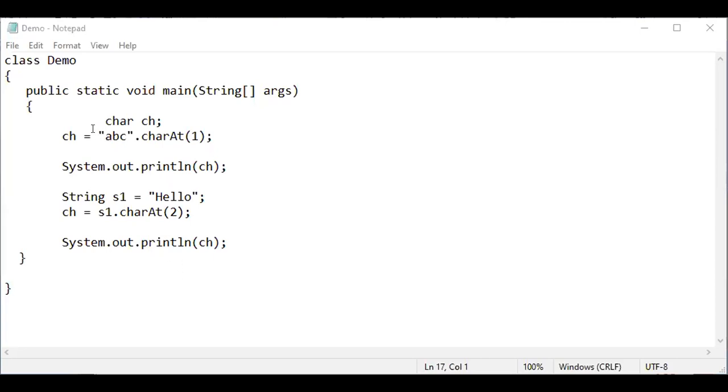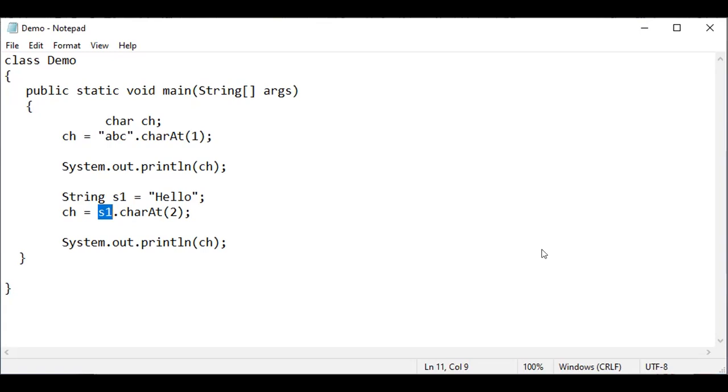Coming to here, I have a character variable for finding this. See the working procedure of this charAt method. We have taken one object and call the same method. Here also we print the character returned at index 1. Then character s1, I have taken another string, hello, as a string literal, and treated this process differently. Both are doing the same. Directly we call this method on the string literal, and I'm also calling charAt on the string object.